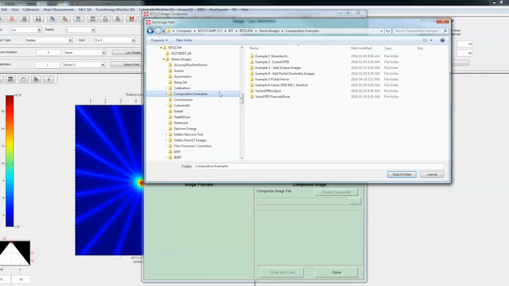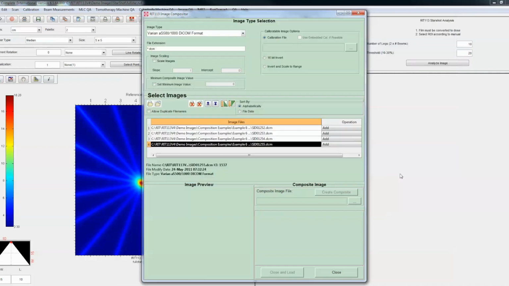So if I go to composition examples here, so again, I went to the C drive where I have the RIT software installed. I went to the 113v4 directory, and in demo images there are a number of composition examples. So let's look at this Varian EPID MLC star shot. By selecting that folder, it's imported all the images in that folder, all of these EPID images,